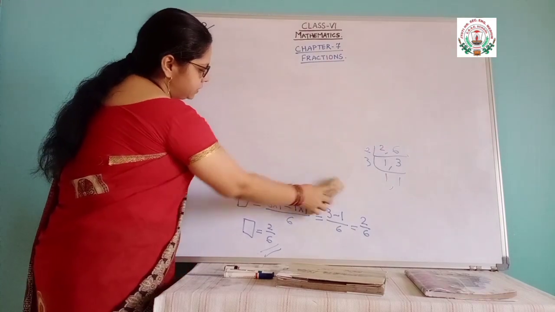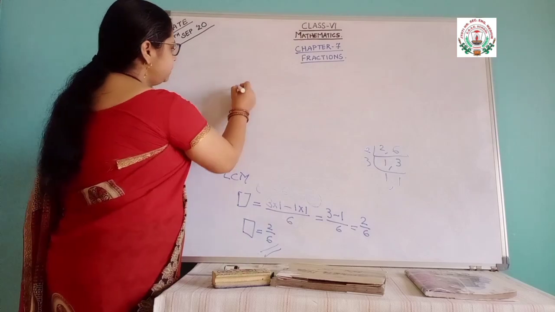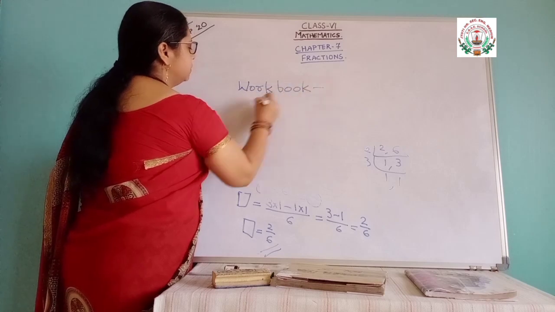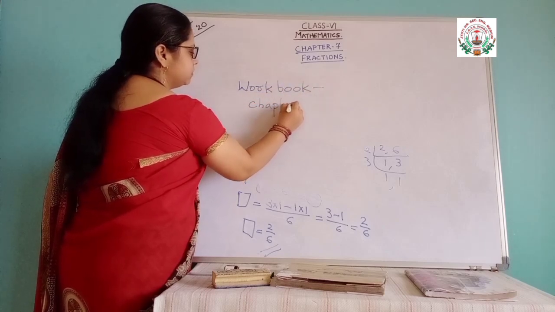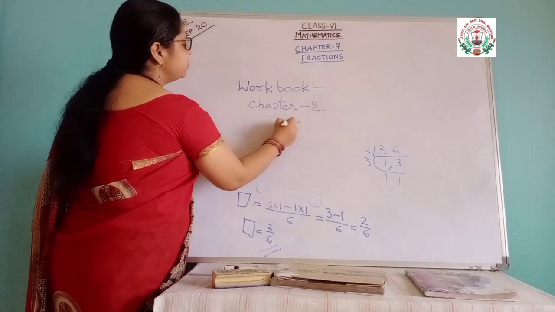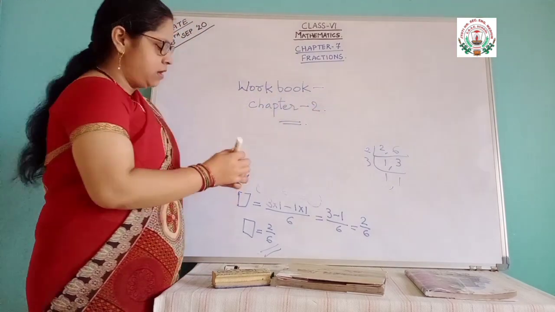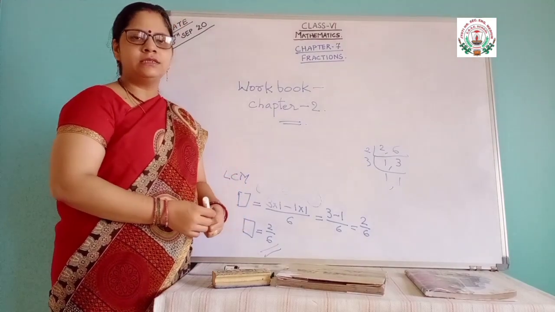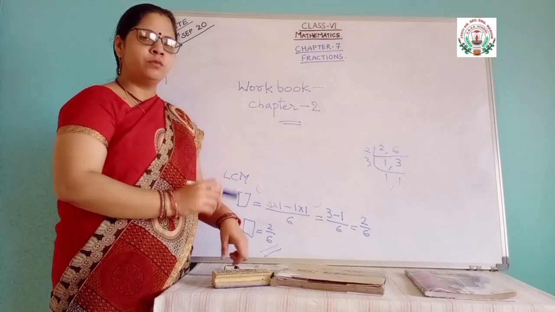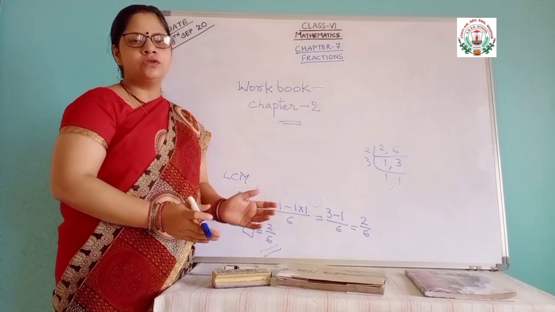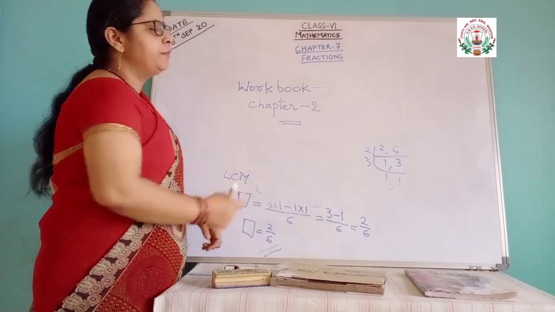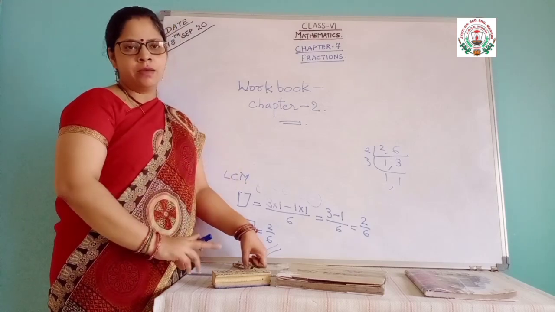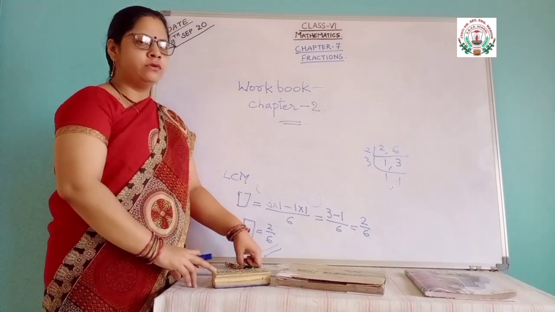So, homework for this week. Workbook, chapter 2. Full chapter 2 you will be completing this week. Now, why am I asking for the full chapter 2? Because chapter 2 has only a small number of pages. Chapter 1 had more pages, so I divided it into 2 parts and gave 2 weeks for that. But this chapter 2 has fewer pages. You can do that. So, 1 week I am giving you. Chapter number 2 you have to complete.